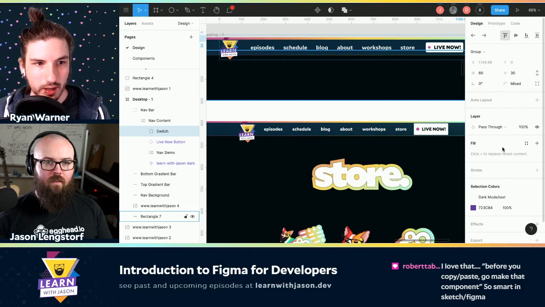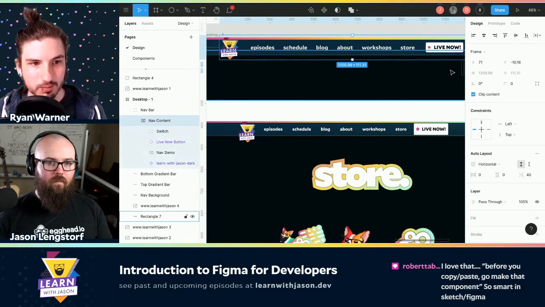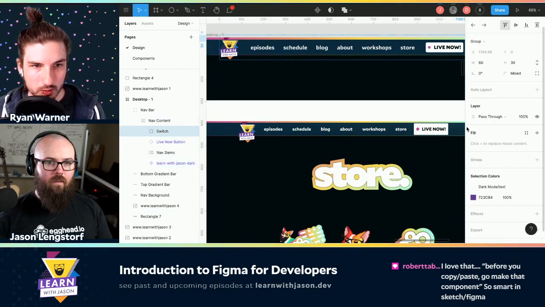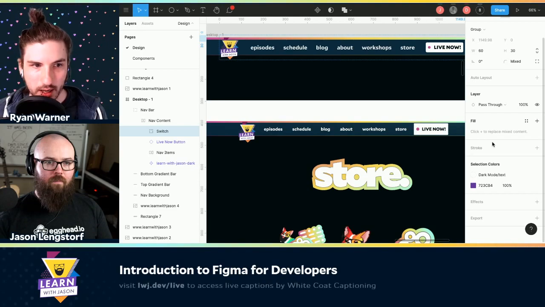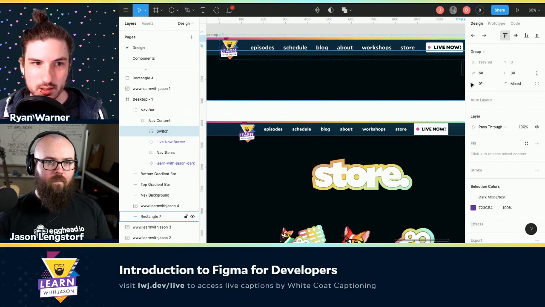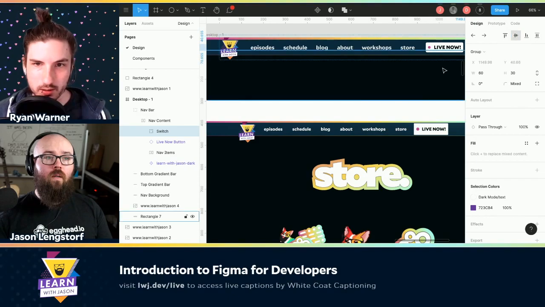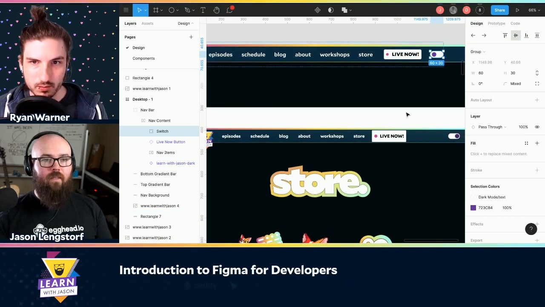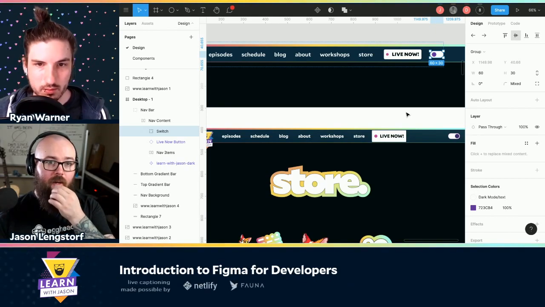So when we have an auto layout, we get some more options on our child elements. Constraints are cool, and I wish we had more time to talk about that. But let's look at the alignment panel again in the top. With the switch selected, you can see it's aligned top in the very top. So we want to vertically align center. Oh, cool. Okay. That makes a lot of sense. That's super cool.